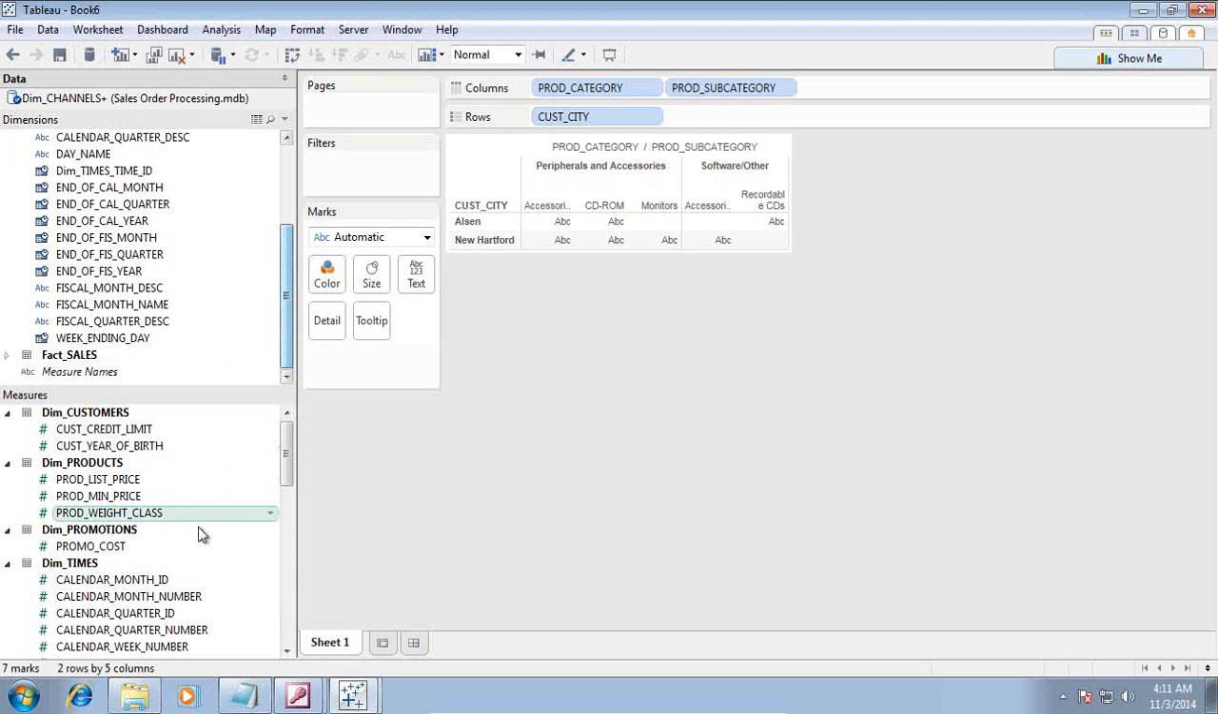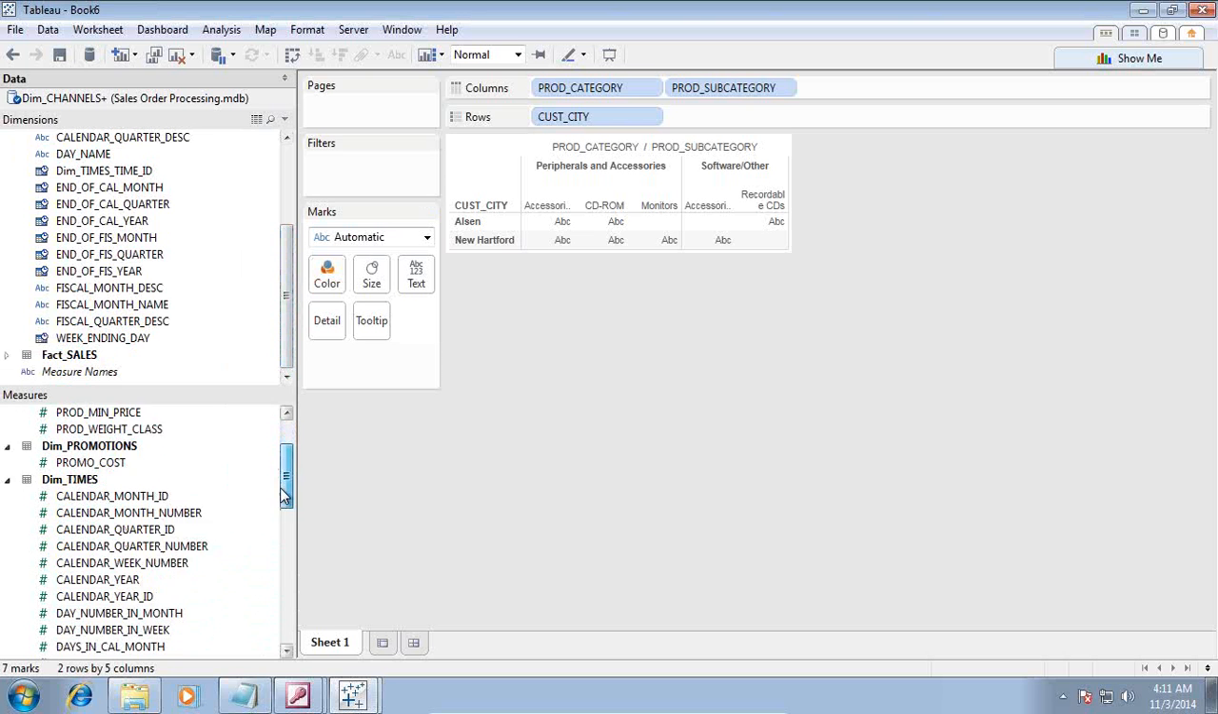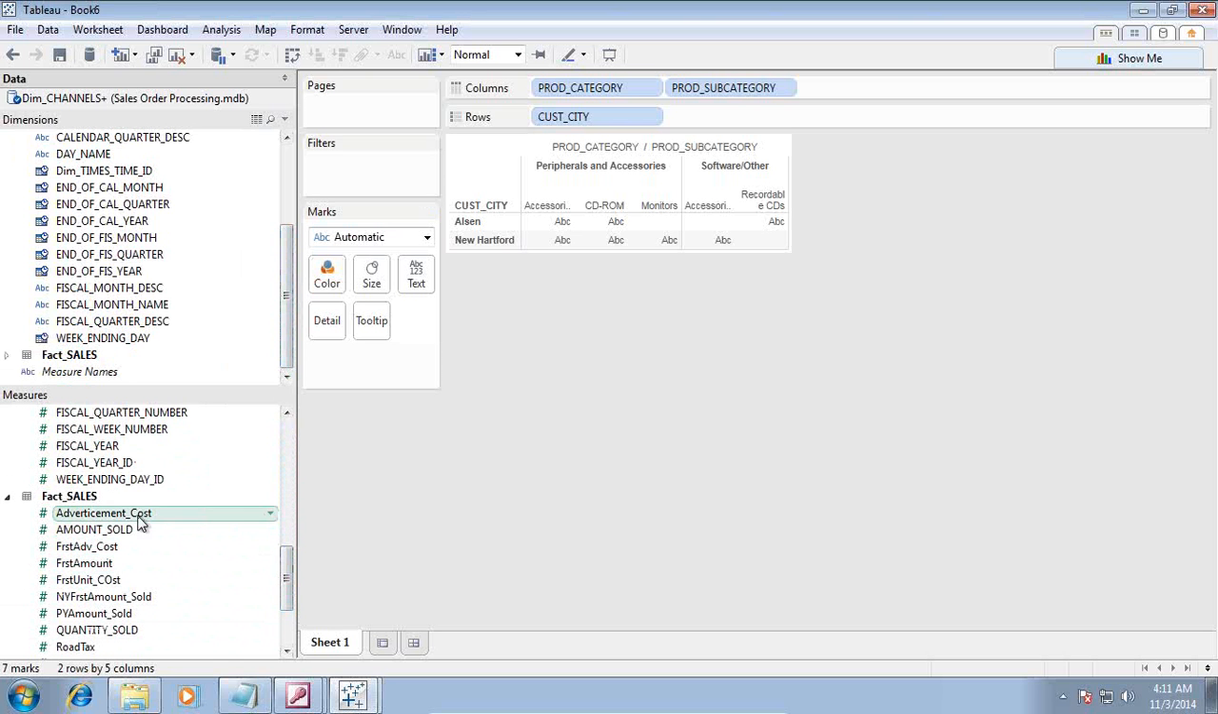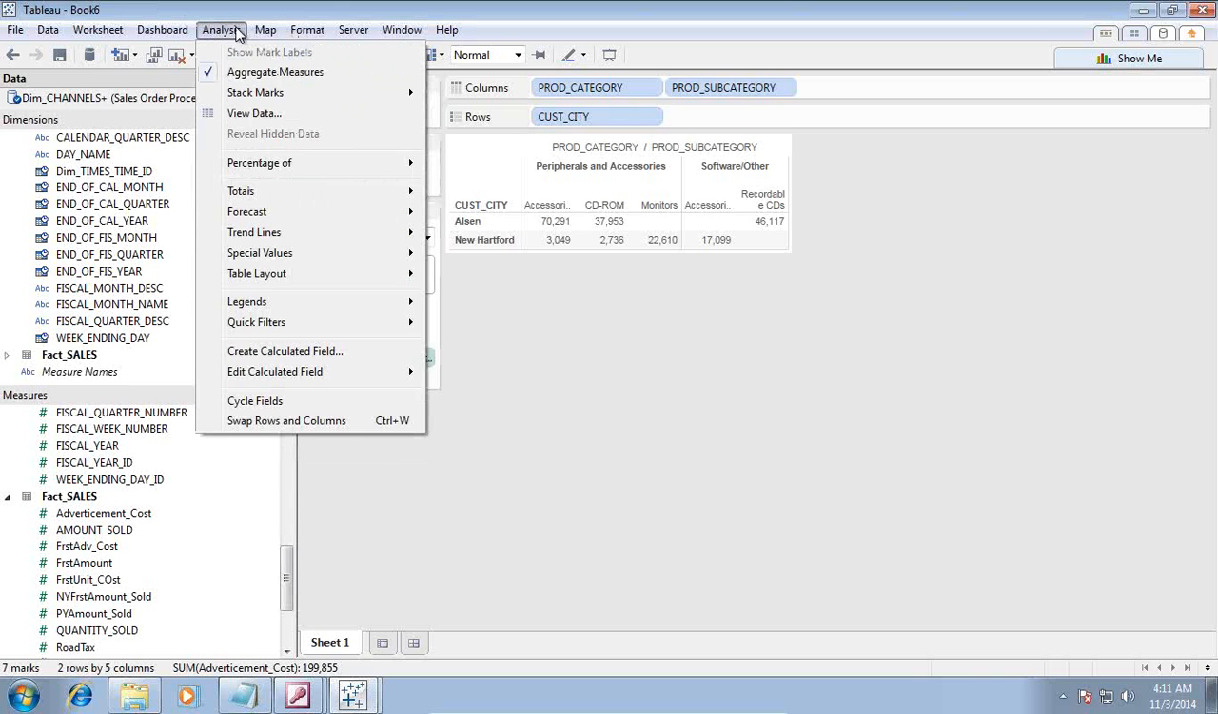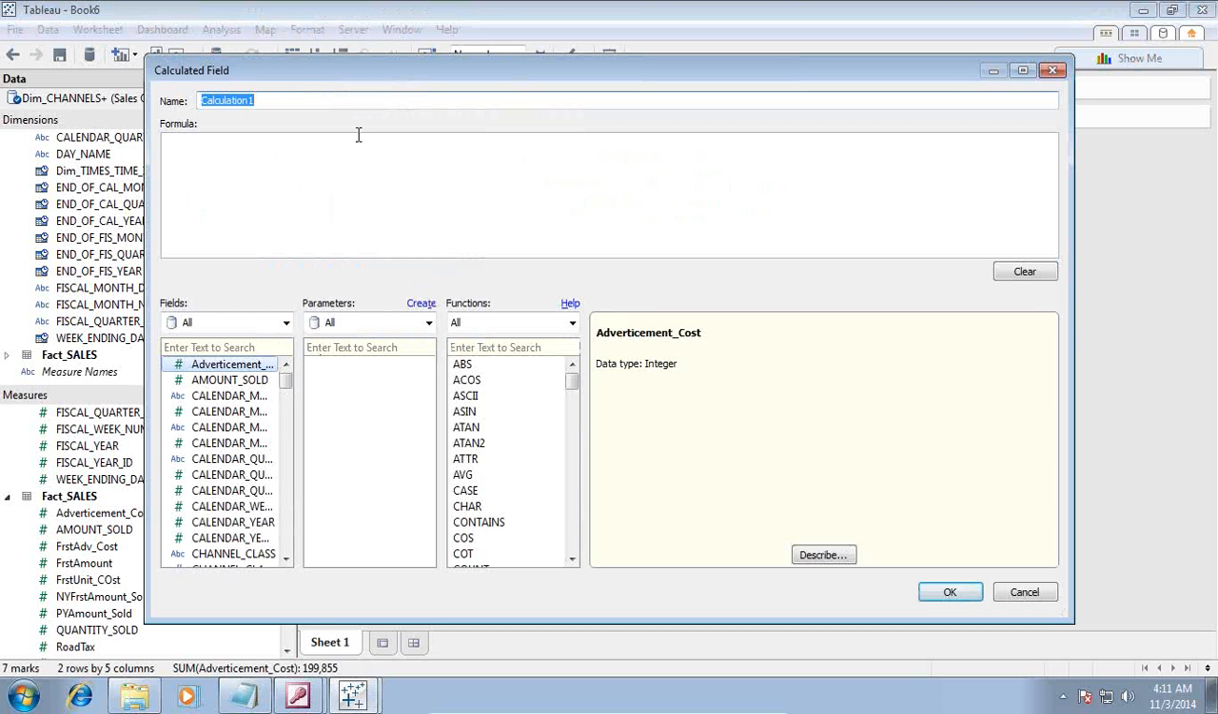Let's put the advertisement cost, which is my fact, and I'd like to evaluate my advertisement cost. If it is greater than 10,000, it should display a dynamic label stating that we need approval. If it is less than 10,000, we may not need any approval. So I'm going to add a computed column over here, or calculated column, and under analysis create a calculated field, name it approval comment,